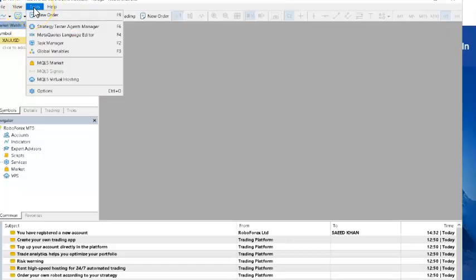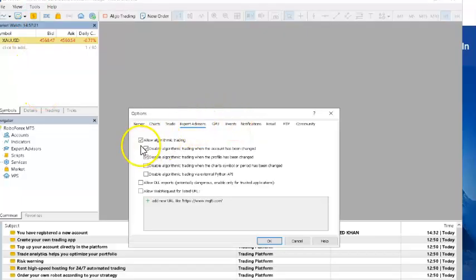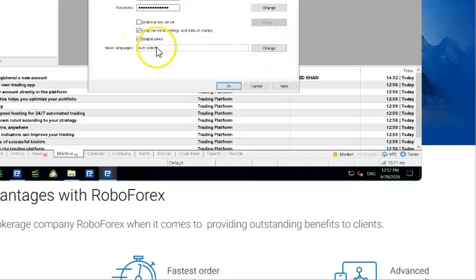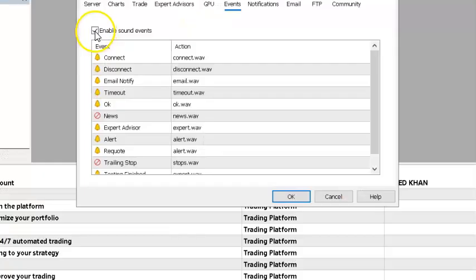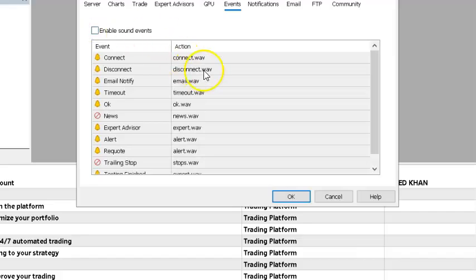Alright, next thing we're going to go to tools and options. Going to expert advisor, allow algorithmic trading. Then we're going to go to server tab, which is the first tab, and disable this, uncheck this. Enable news, untick it. Next, we're going to go to events tab, and we're going to untick enable sounds. Again, we don't want no unnecessary resources